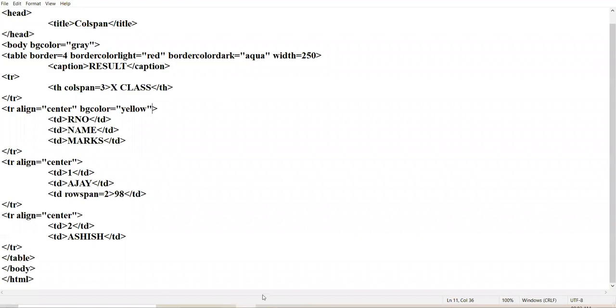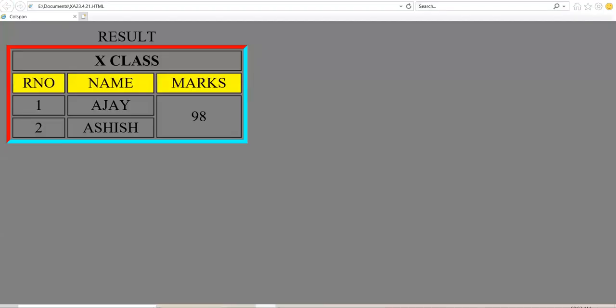BG color equal to yellow. Clear? Am I totally clear up till here? And this is your caption. This result is your caption. Clear?